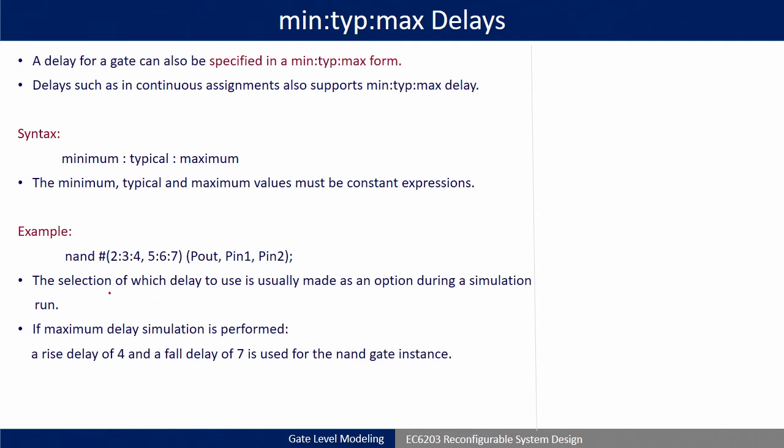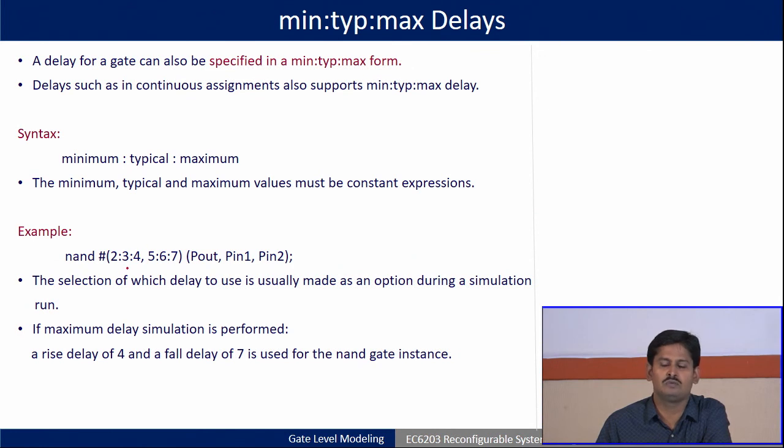Okay. So, typically in synthesis constructs we always have a minimum delay, a maximum delay and a normal delay, which you can term as typical delay. So, mostly if 2 is to 3 is to 4 is given, then just remember that 2 is my minimum rise delay, and 4 is my maximum rise delay. Understood? And this is the fall delay, because 2 delays are specified. So, one is rise, another is fall. In the fall case, 5 is minimum, 6 is typical and 7 time units is my maximum fall delay.